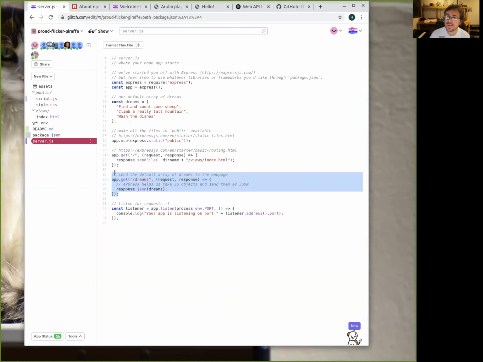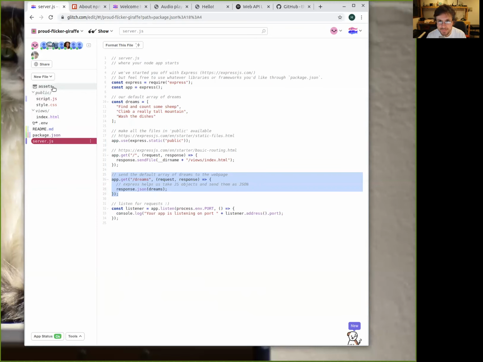Okay, Tom. I have a quick doubt. Why do you have a public bin and a views bin? Public what? Under assets, there's a public, and then you have views. Oh, these are just folders.